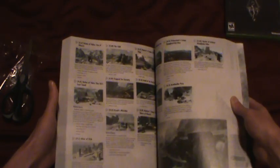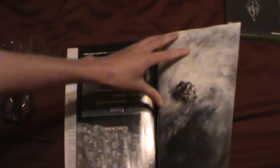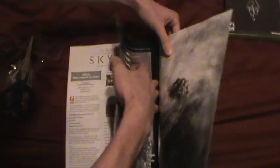You've got all sorts of maps here, places, quests. I mean, it's ridiculously detailed. And then in the back, we've got another map, just like we did for New Vegas, and I'm going to try my best to get this out without ruining it, but it's going to be very difficult because